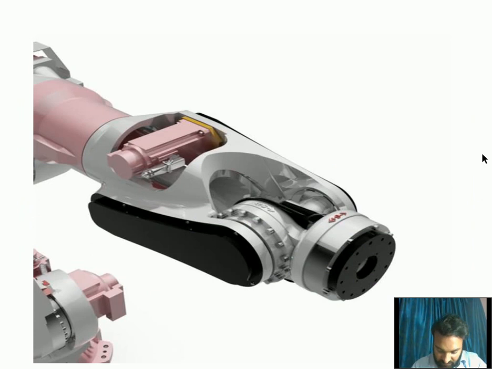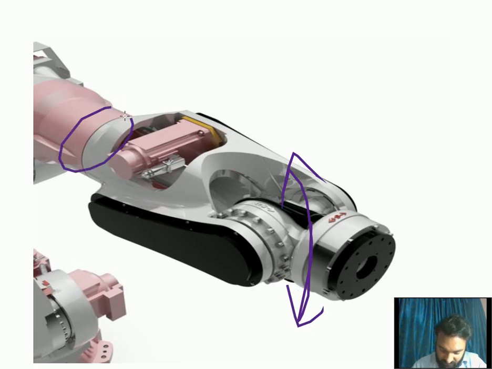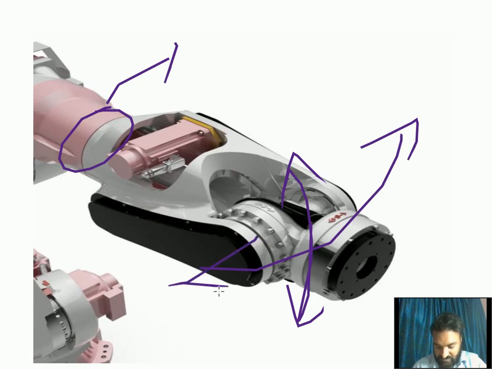Now here, how can we achieve yaw? We can achieve yaw by rotating this one. See, this can rotate only up and down. If somehow from here we can rotate the wrist by 90 degrees, what will happen? The up and down movement shifts to the left and right movement, so it will move this way, so it becomes yaw. Okay, I hope it is clear to everyone.